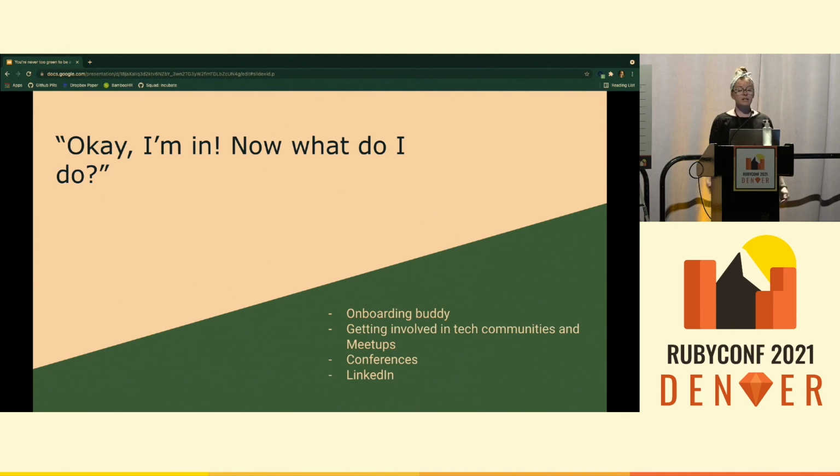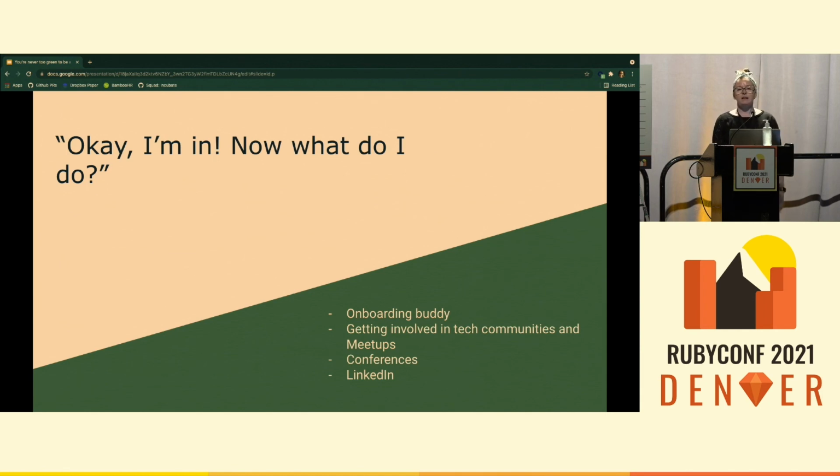Getting involved in tech communities, meetups, whether that's local or virtual, connecting with people, seeking out junior devs. There's a lot of meetup groups that are specific to the junior community, people that are new into the industry. Chances are they would be happy to have a mentor and would really benefit from it. Going to conferences like this one. Again, as you're networking, if you find out someone's a junior or someone is just trying to get in or even thinking about coming in, maybe they're not even in yet, those people would be great opportunities to offer if they would like a mentor.